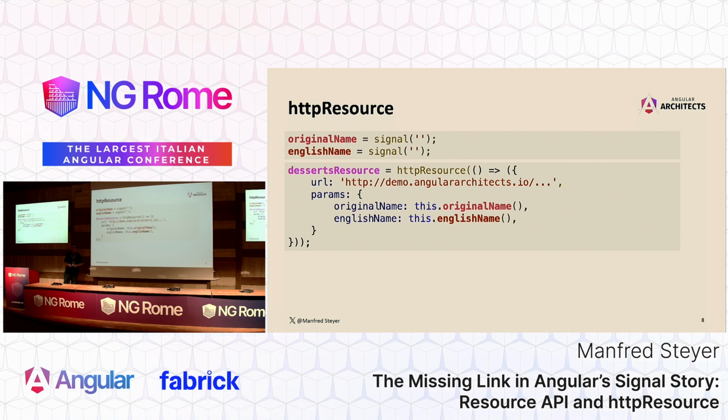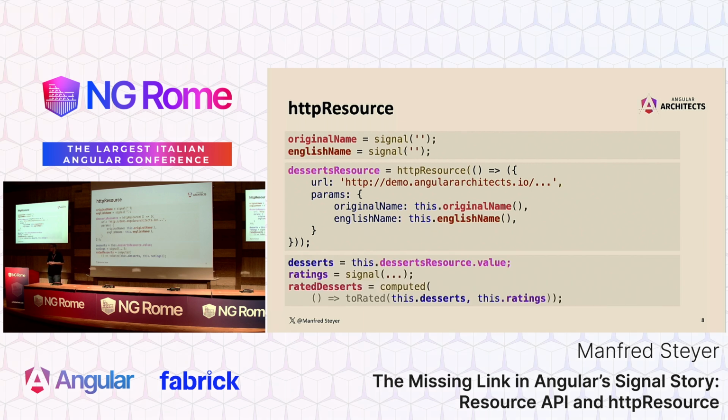Every time we have a new value there, the new value goes in and triggers some data loading in there, and what comes out is the value of this data loading, which is my loaded desserts array. Then I also have loaded some ratings of my desserts,